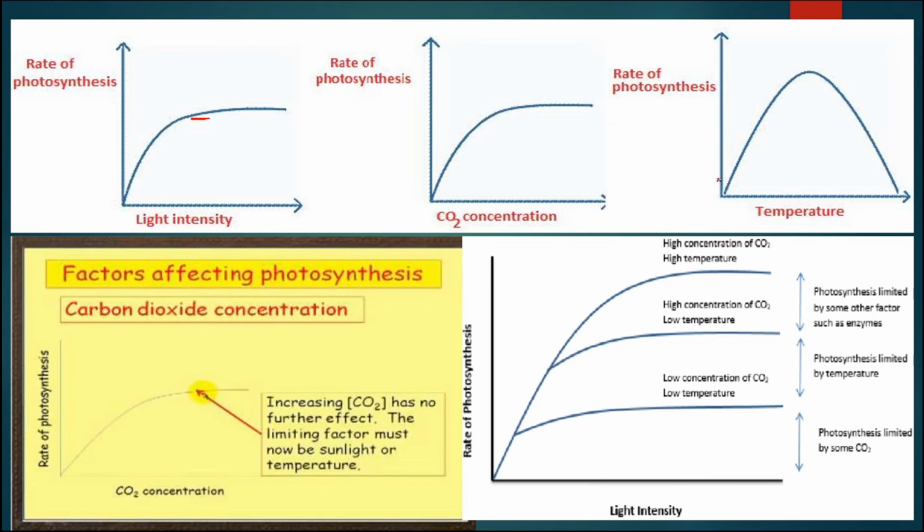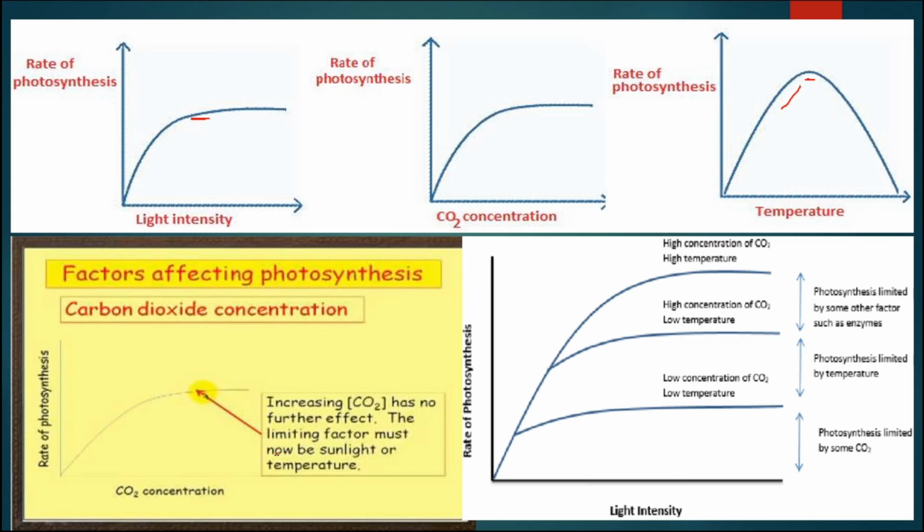Now, the rate of photosynthesis in the case of temperature: in the beginning it will go up. After the peak, the optimum level, it will decline, because due to the increase in temperature, the stomata or other cells may become damaged or the enzyme activity goes down. In this way, the rate will go down.